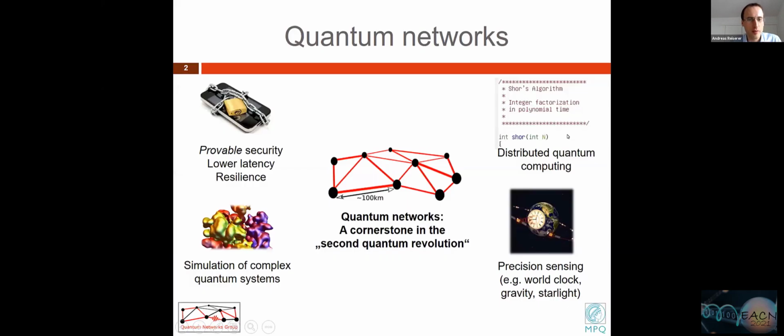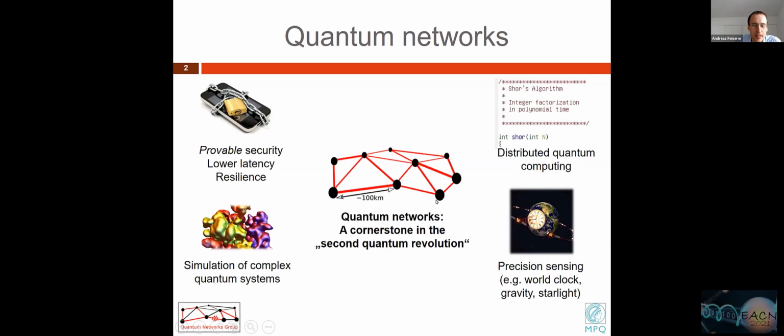Let me briefly start with an overview of quantum networks. We've already seen that there are quite many applications of such quantum networks, and that's very much in contrast to other physical platforms, which are maybe good at one of these tasks. For example, superconducting qubits might be very good at quantum computation, but maybe not so well suited as sensors. Or the other way around, NV centers may be good sensors, but maybe not very good at simulating quantum systems. For quantum networks, the story is different. These will find applications in all fields of quantum technology.